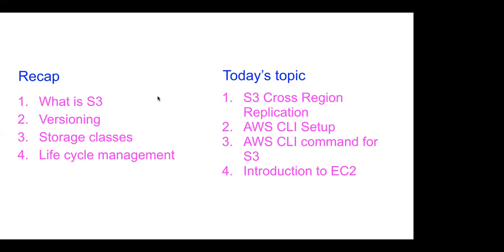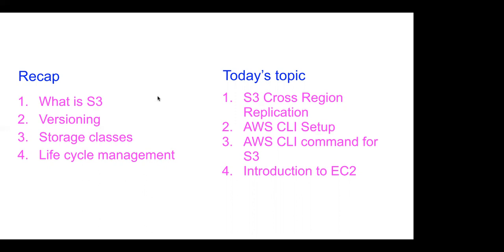Okay. Then we studied the storage classes. So we know that with AWS we are getting a lot of services, but we need to use those services very judiciously. We have to think about the cost as well. So we studied 5 or 6 storage classes which S3 gives us, like standard, intelligent tiering, glacier, deep glacier. And we saw that as we go from standard to one-zone IA to intelligent tiering and so on, your storage cost reduces but your retrieval cost increases.